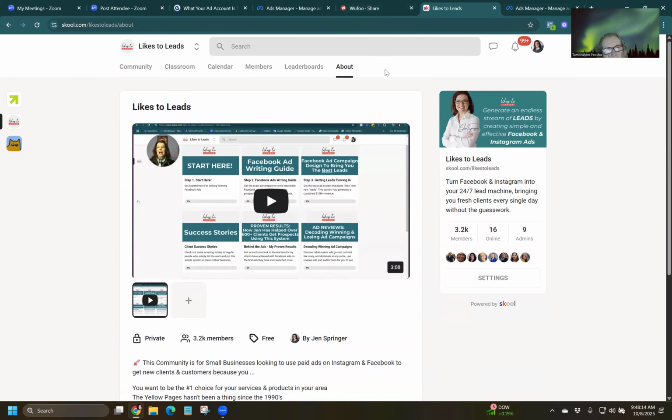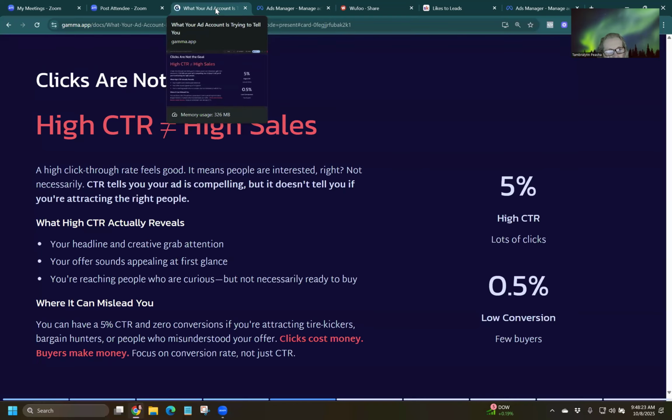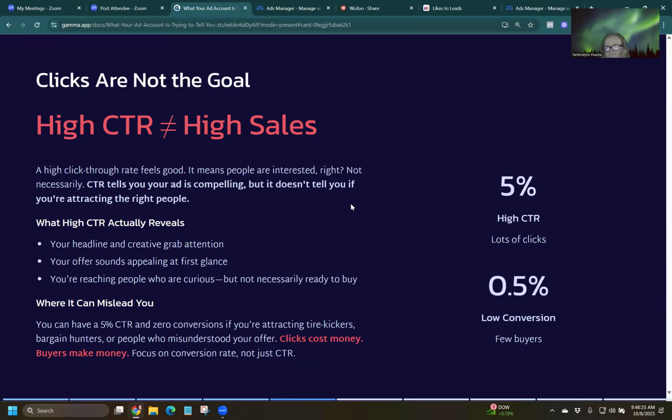But I found that I'm pulling leads in through here from a different way and it's working. I think the lead quality is better when I do it that way, so I'm going to do it that way. So going back to this,